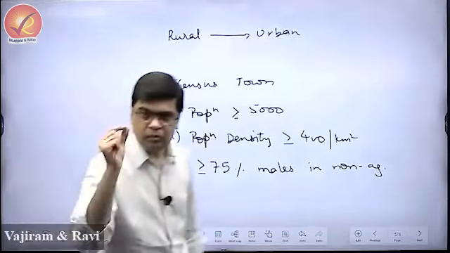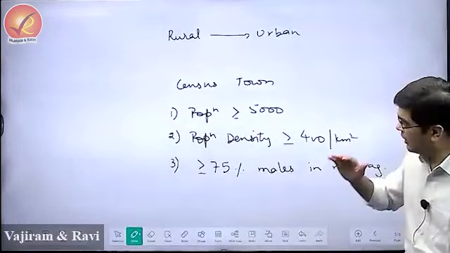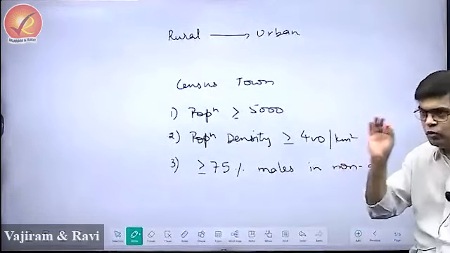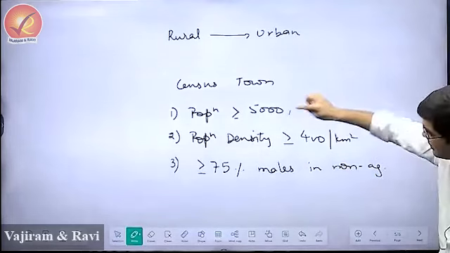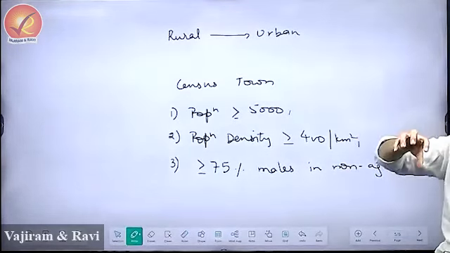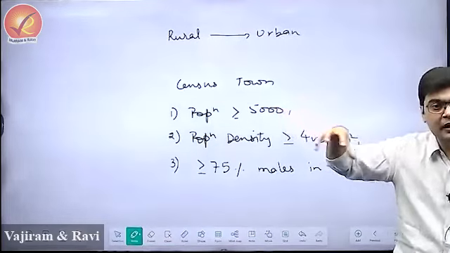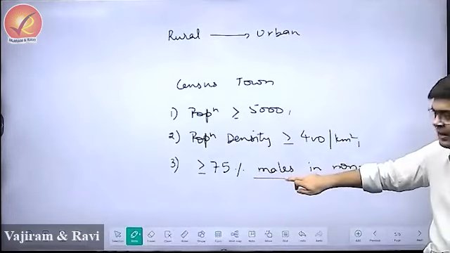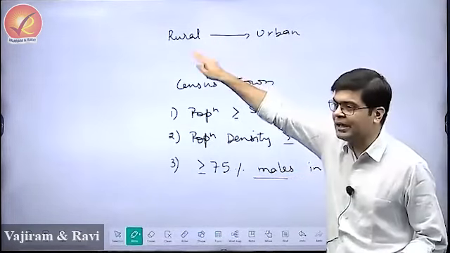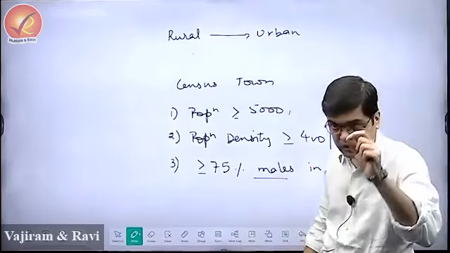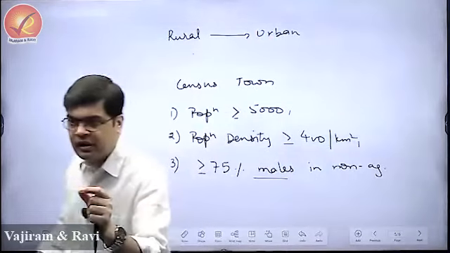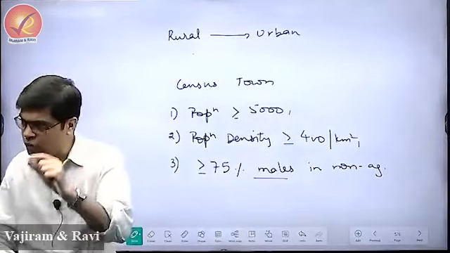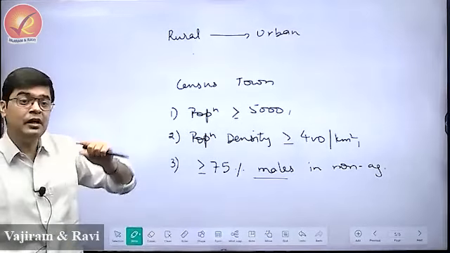Achha. Now, suppose I compare a rural area with an urban area. A good number of rural areas in India will meet these two criteria. They say villages in eastern UP, Bihar, Bengal are very dense villages. They are going to meet this criteria. So it is basically this criteria that differentiates rural area from an urban area. That means urban areas have a dominance of non-agricultural activities, whereas in rural areas agricultural activities may dominate.